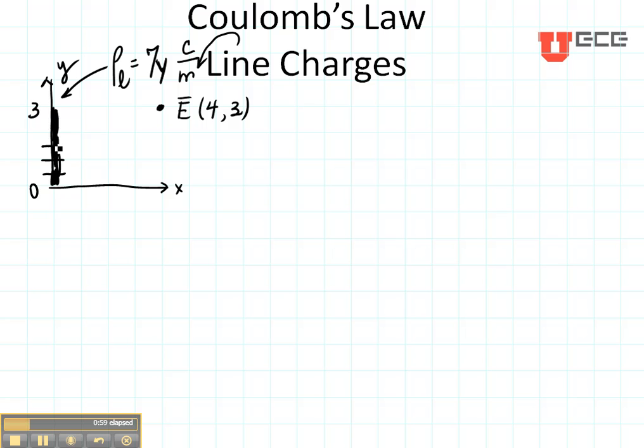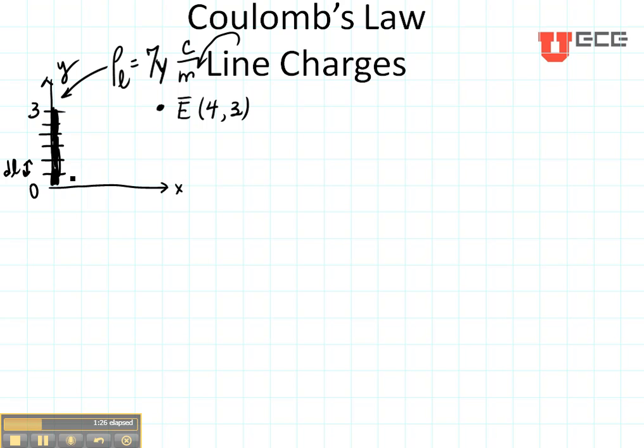So the way we do this, because we have a distributed charge, is we're going to break it into little teeny pieces of charge and pretend that we add up each of those charges individually. Of course, adding a distributed system like this is equivalent to integration. So each of these little pieces, each of these little lengths, is going to be a dl, just a small differential unit of length that's going to be a little piece of our charge. Over that little differential unit of length, we can assume that our charge is constant because it is so small.